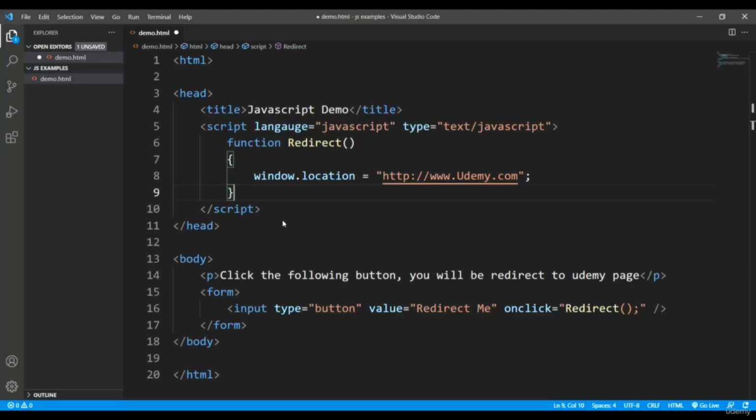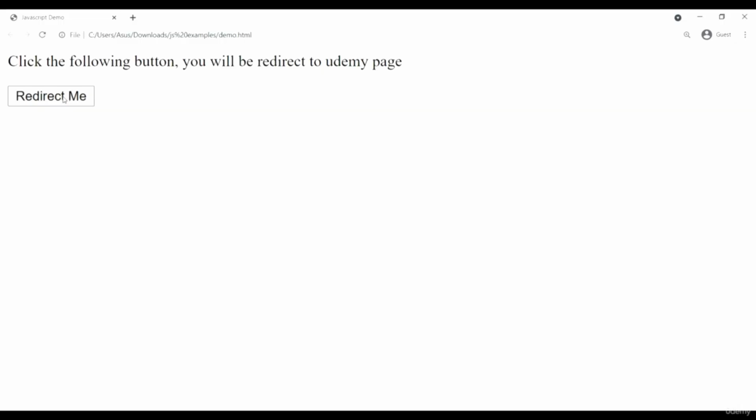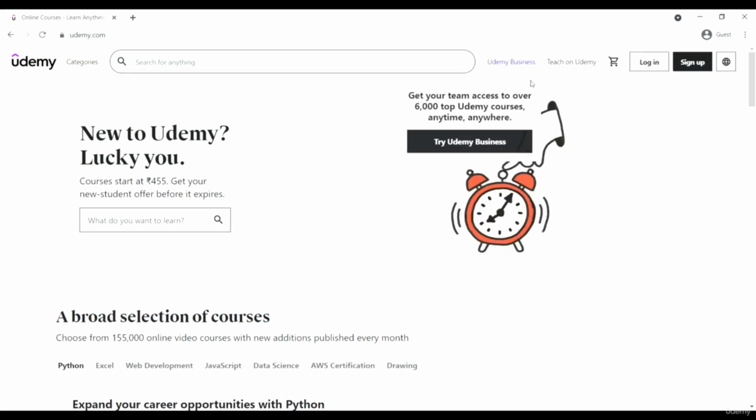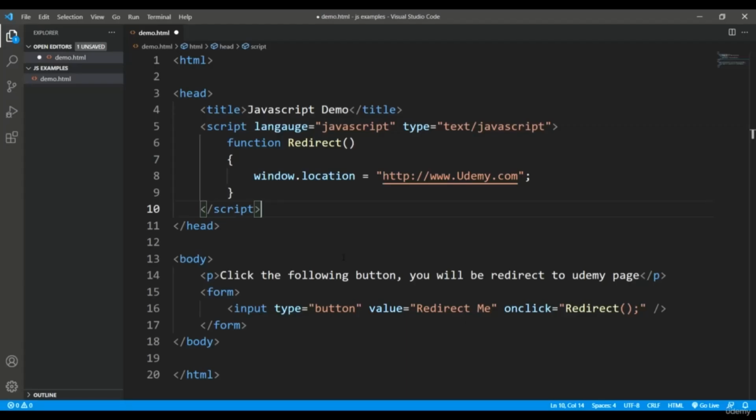In this particular program, I am simply changing the location of one page to another page. In this page, I have placed a button with the text "redirect me", and when you click, this will call the redirect function. Inside this redirect function, I have simply called this window.location property. It will change the location of your page, and whatever page you have specified will be shown to the user. So when I execute this,